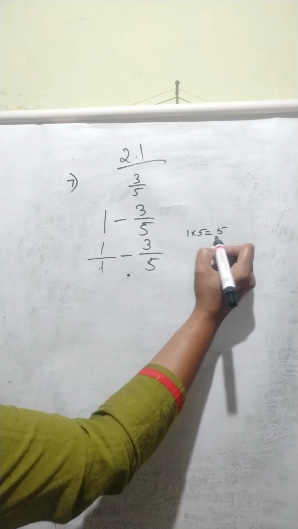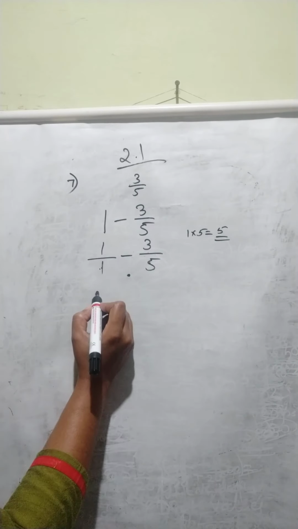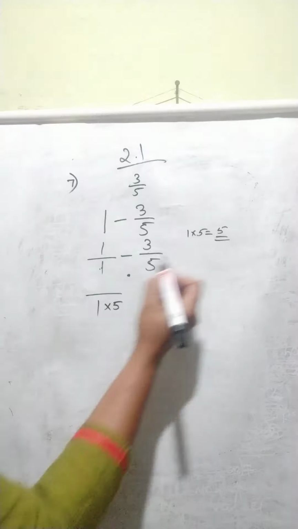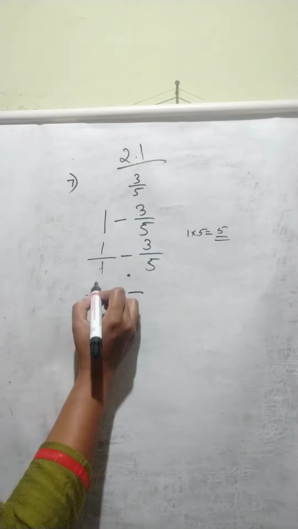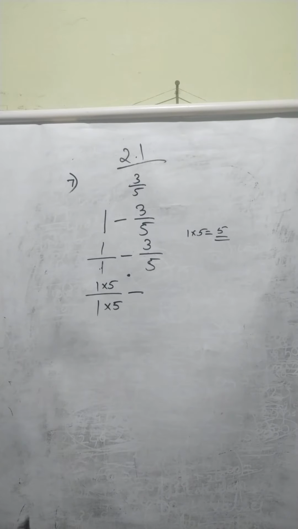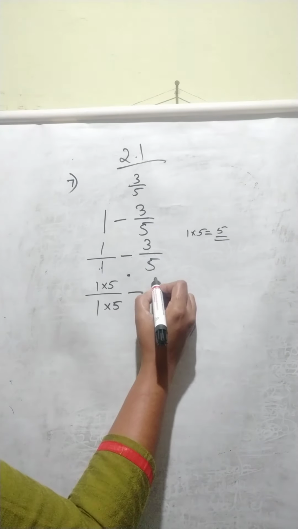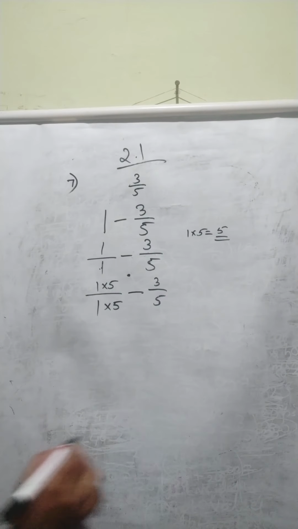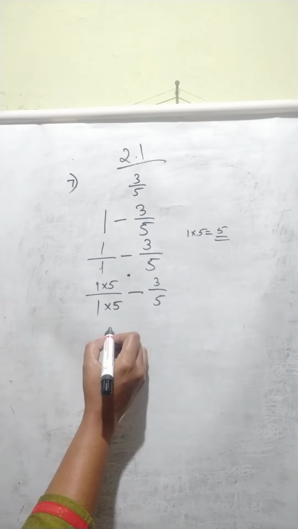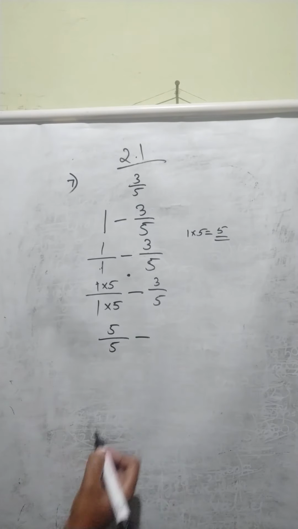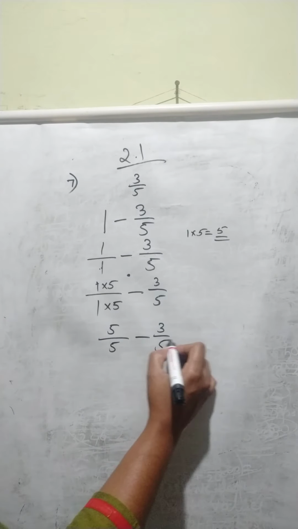That is equal to 5 itself. So we have to convert this, 1 multiplied by 5. We will get 5 as the denominator. So the numerator is also 1 itself. So we can write 1 times 5 itself. Okay. Then 3 on 5. Here also the LCM is the same. Then 1 times 5 is equal to 5. Then 1 times 5 is 5. Subtraction, 3 on 5. Okay.